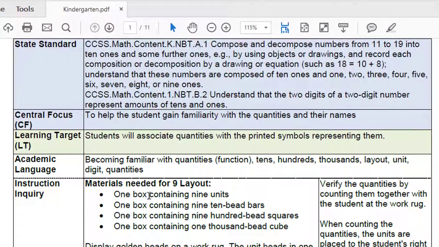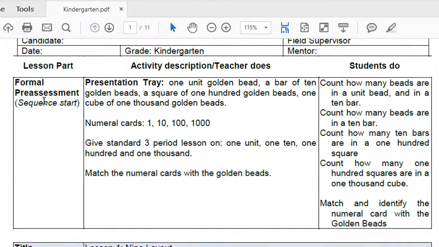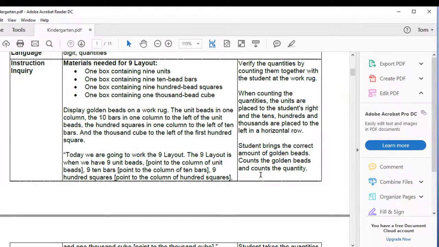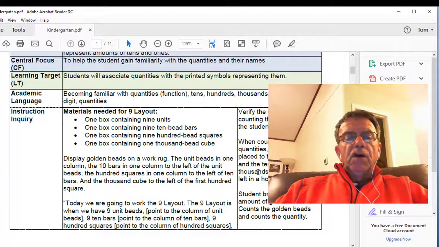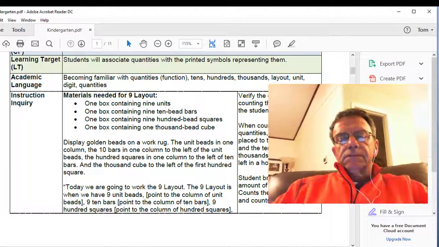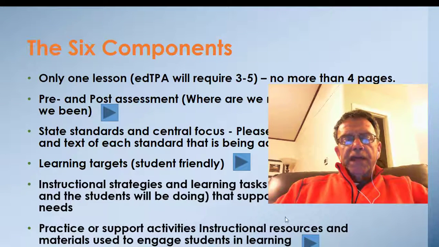You notice this has 2 columns when it talks about instruction and inquiry, assessment, what the teacher's doing and what you will be doing. So I have that format, and I also have one with just 1 column, where you're going to answer the writing prompts. So that's the last thing that you're going to do is, after your instructional strategies, you're going to do practice